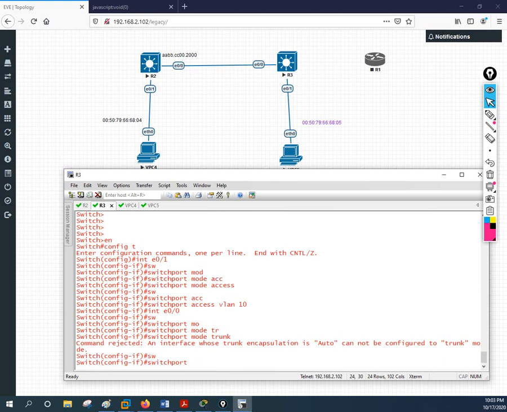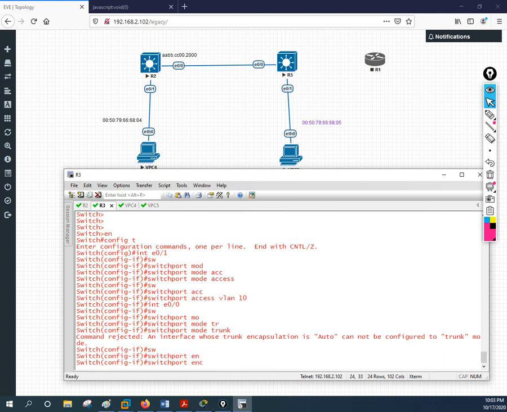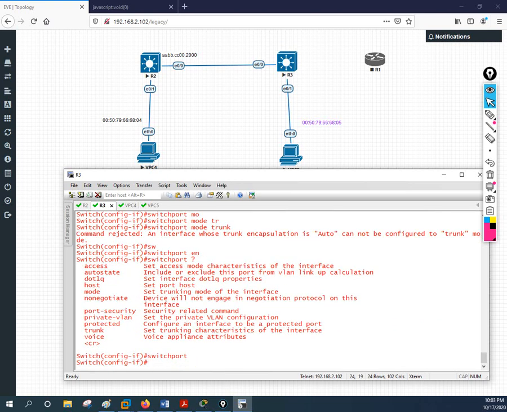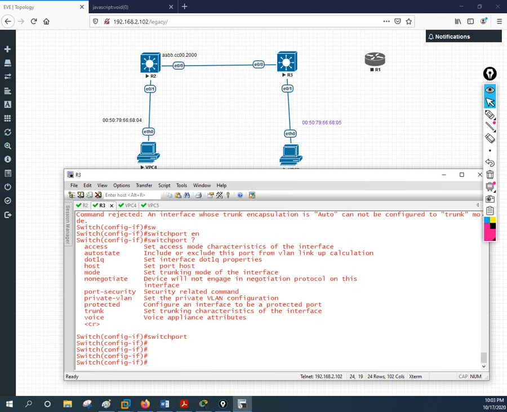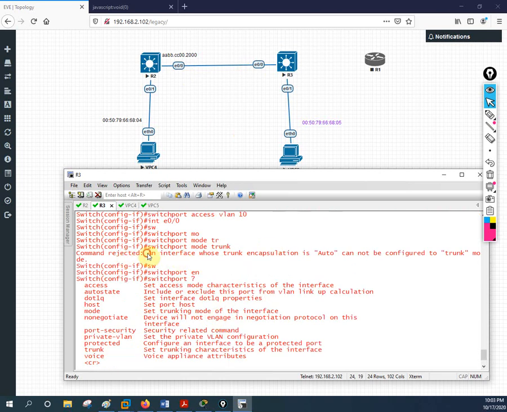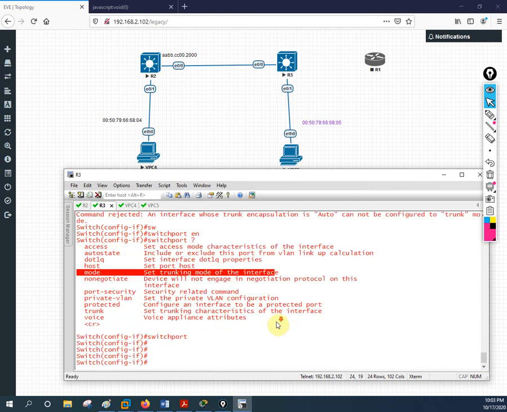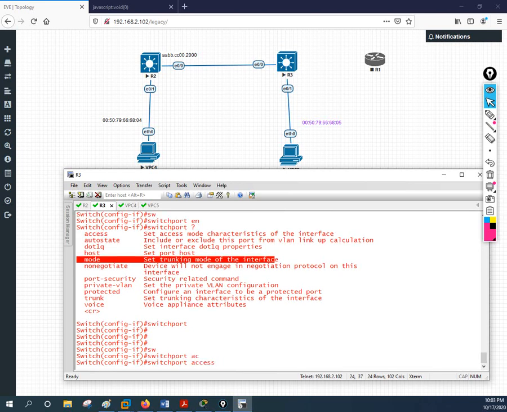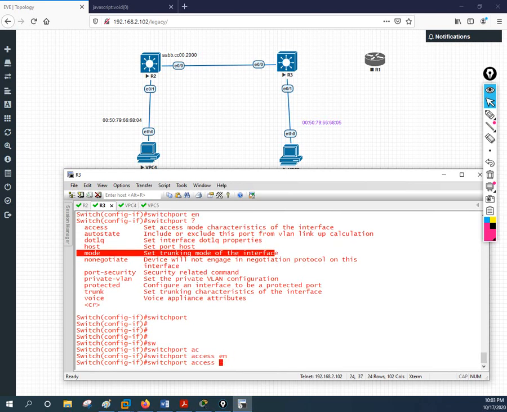Let me press question mark. Since both are switches and we need to put the trunk so they can communicate. Here the interface is in trunk, encapsulation is auto. So I will write switchport trunk encapsulation.